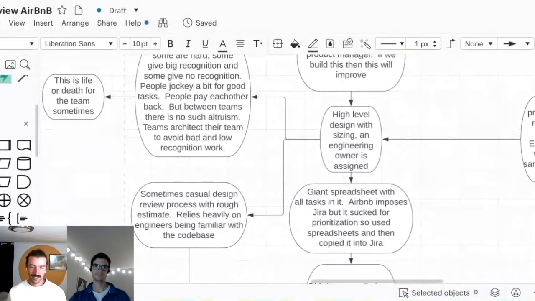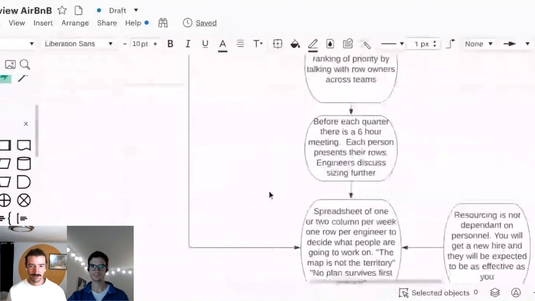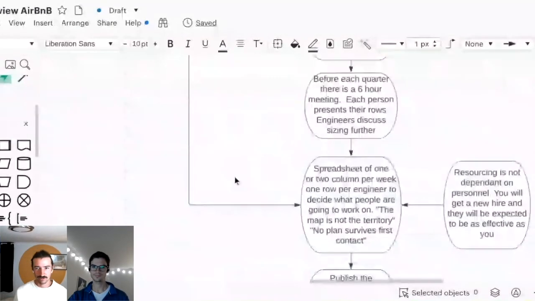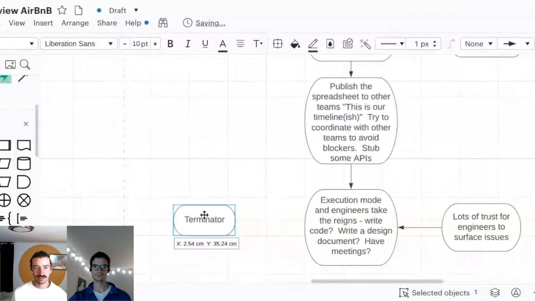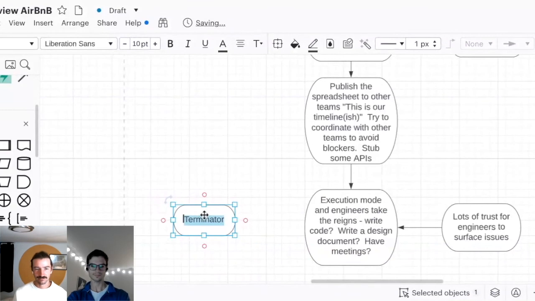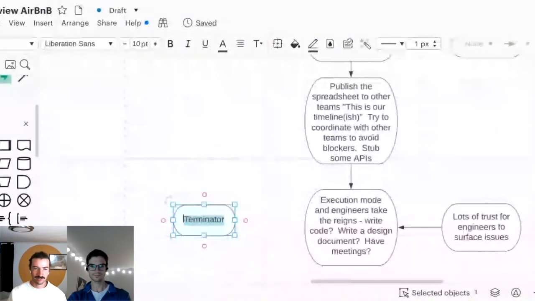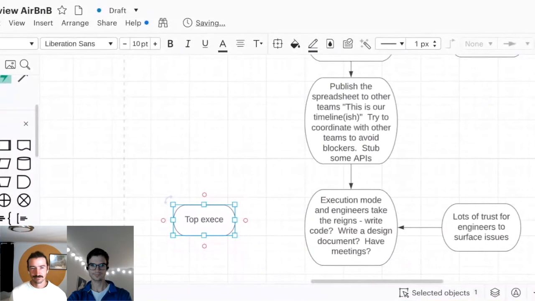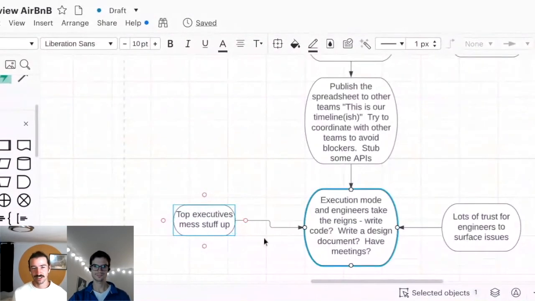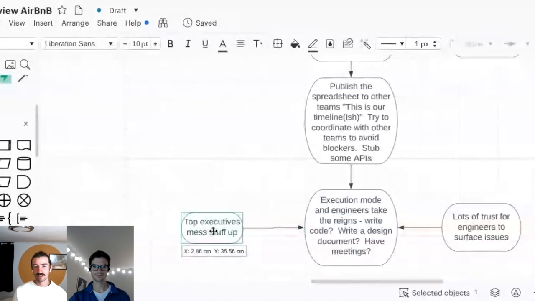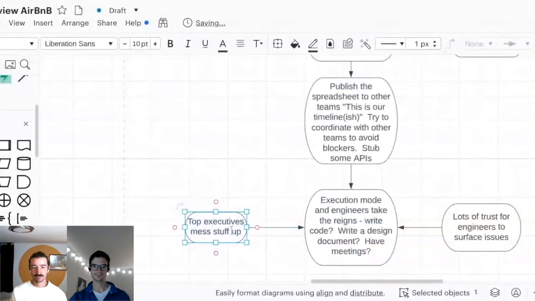Airbnb is pretty big. I think we had a few thousand engineers, but by virtue of working on a really high visibility, high impact area of the product, the CEO and other top executives took a lot of interest in what our team was working on. Not that they were slacking me, but they would be like, "Why does the checkout page look like this?" And we own the checkout page. So we got a lot of randomization. It didn't feel worth our time to invest a lot in this planning process because we just knew that our plans would get changed throughout.